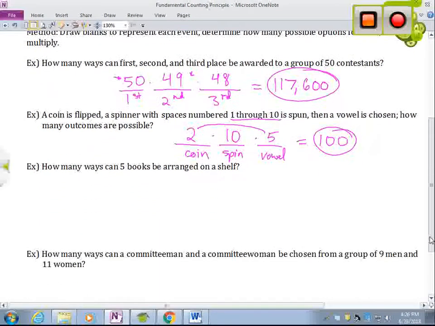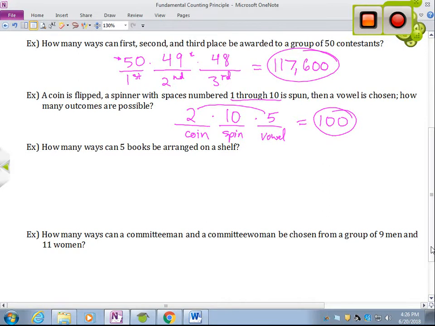Okay? Another one here. How many ways can 5 books be arranged on a shelf? First question we want to look at is how many different events are there? Well, there are 5 events because here the events represent the positions on the shelf. So we could do this a couple of ways. We could say what's the first position, second, third, etc. Or we can say we're numbering them or we're placing them from left to right if we want to do that. But we need something to indicate, yeah, there's 5 different spots for those books to go on a shelf.